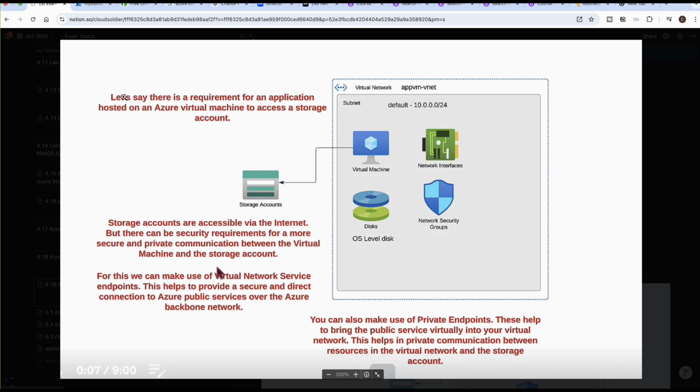So let's say there's a requirement for an application hosted on an Azure Virtual Machine to access a storage account. So this is your storage account, this is your virtual machine, and you want to have access to your storage account. As you know, you might have an app also here,